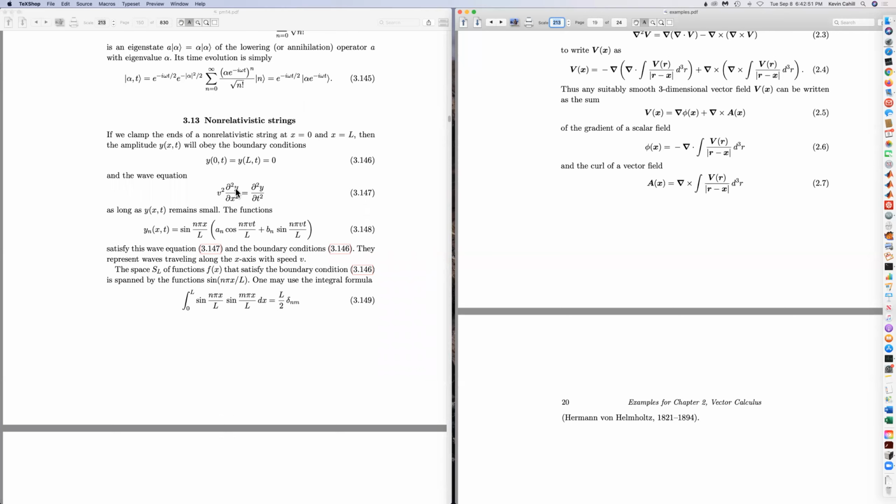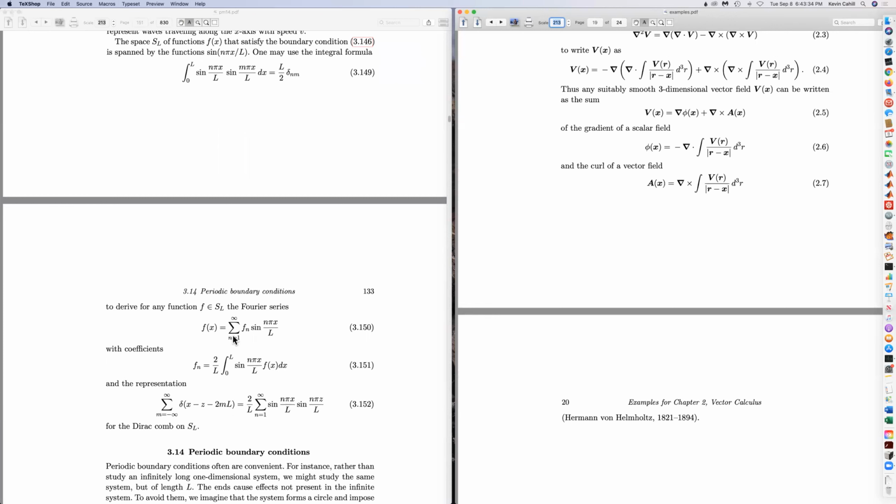the non-relativistic string then obeys this nice wave equation as long as y is small. And so these functions satisfy the wave equation and the boundary conditions, and they represent waves traveling along the x-axis with speed v. The space of functions f of x that satisfy this boundary condition